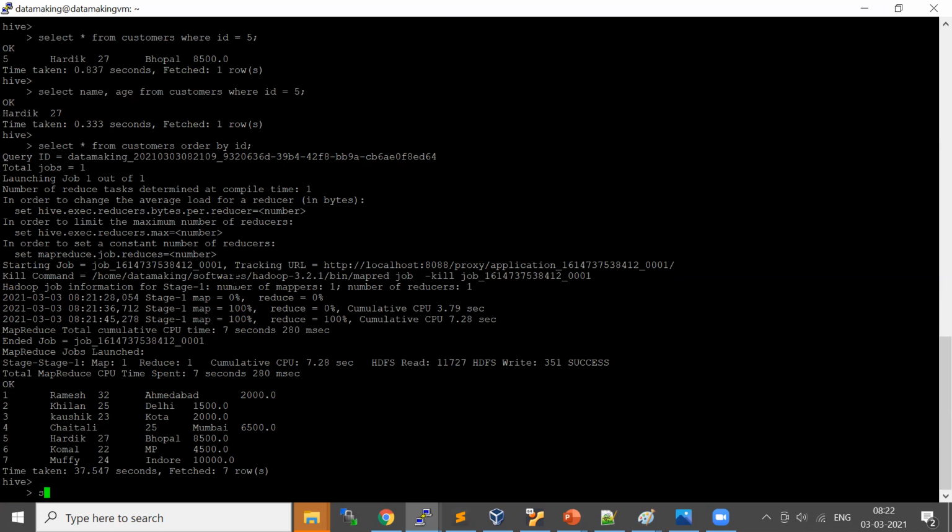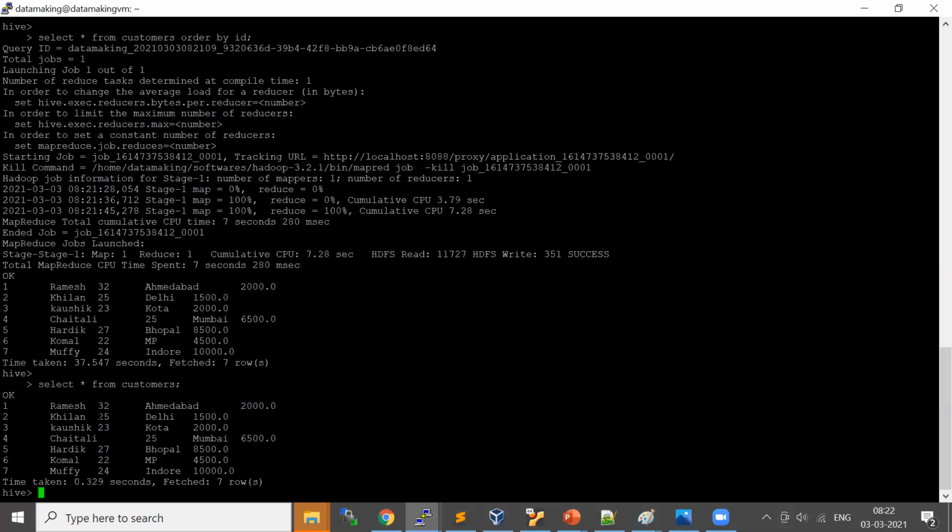So when I say select star from customers, it will not generate a MapReduce job. It knows that you are going to read the entire table data, so it will use the file operation. When you want to read data from HDFS, you have to create a file system object and you can query the data which is there in HDFS. So for simple queries, it will not generate any MapReduce job. It's more of a file operation, but it is done by the Hive execution engine.